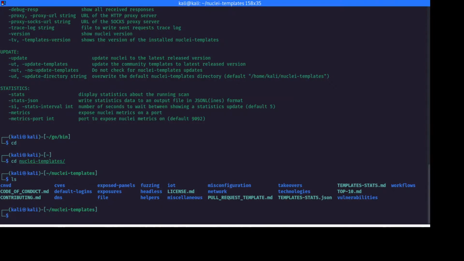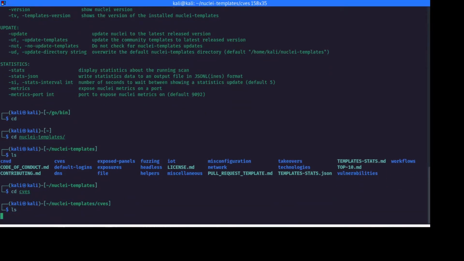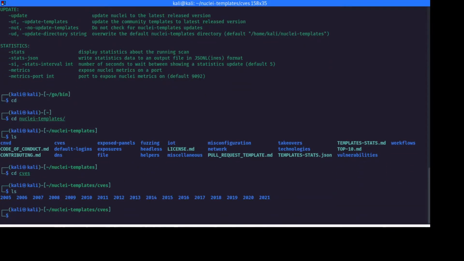For example, if we want to explore templates based on CVEs, there are lots of templates available for us. These have been arranged in year order. You can go to the respective year, and whatever templates have been provided by the community, you can run the tests against those services if you know what these templates are doing.